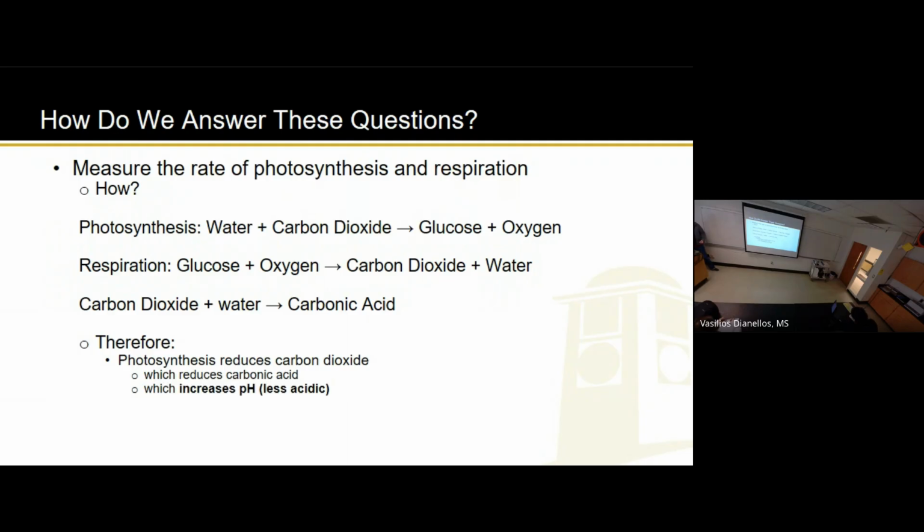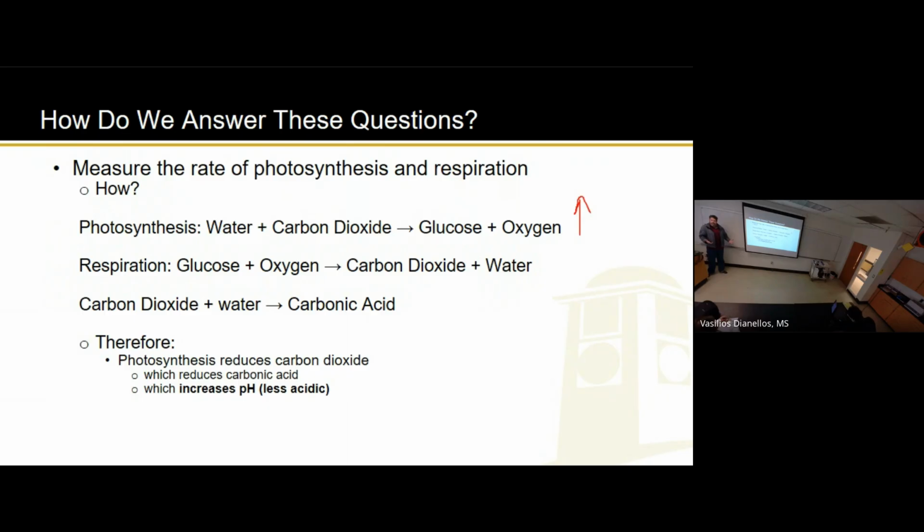And if we have less acid, that means the pH is going to go up, right? Meaning it's less acidic. So all that long-winded stuff to say, when pH goes up, photosynthesis is happening. That's the most basic thing of what you need to know to do these experiments. For the lab report, to truly understand it, you need to know all these other things. But just to sit there next week and understand what's happening, that's what you need to know. When pH increases, photosynthesis is happening, right? Because photosynthesis is using up carbon dioxide, therefore it's reducing the amount of acid, which makes it less acidic, aka more basic, aka the pH goes up.